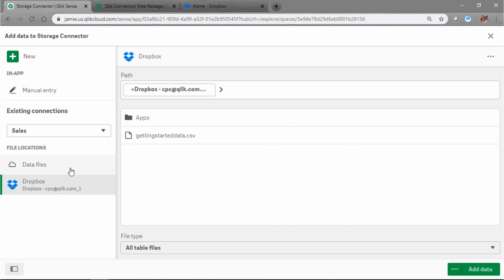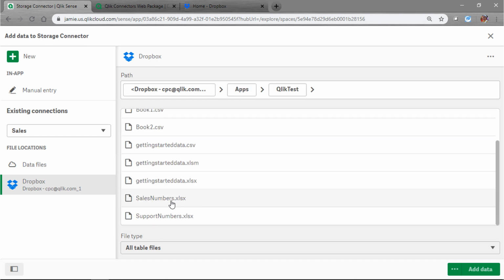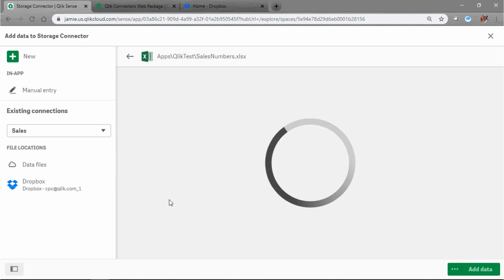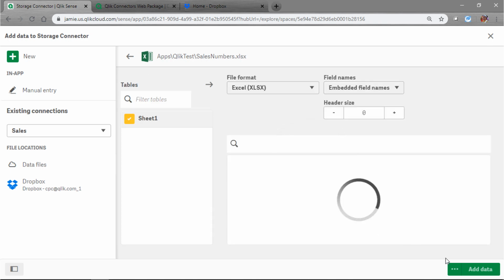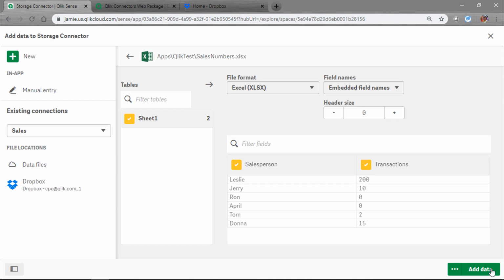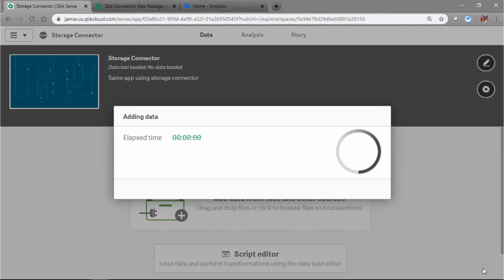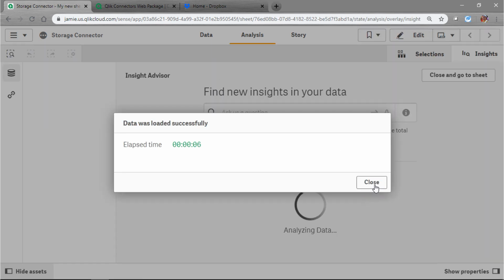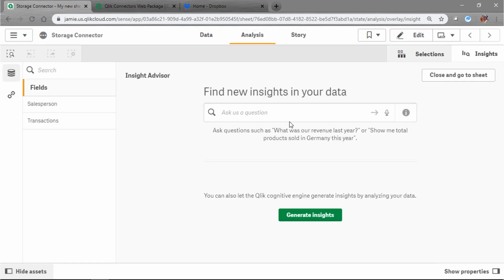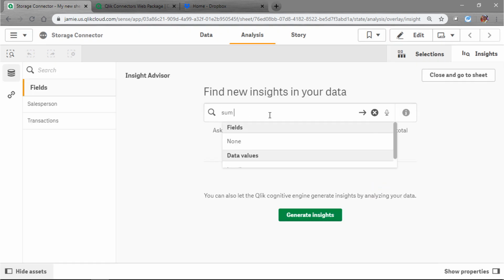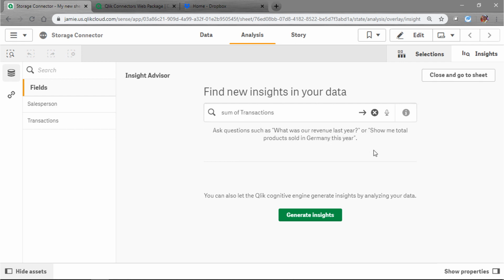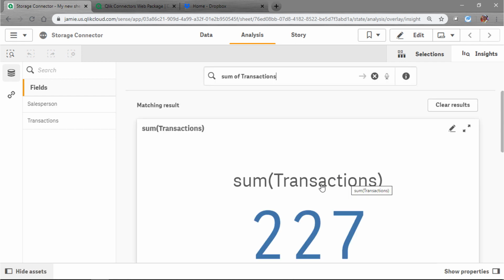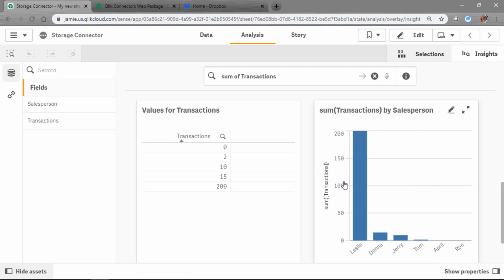So now we can navigate to where our file is located. And here's our file, so I'll go ahead and click on that. Loading the file. I'll click on the green Add Data button. It says the data was loaded successfully, so I'll go ahead and click on the Close button. And it pops up the same Insights Advisor page, so we'll go ahead and put sum of transactions again. And we have the same results, so I'll go ahead and add in the same